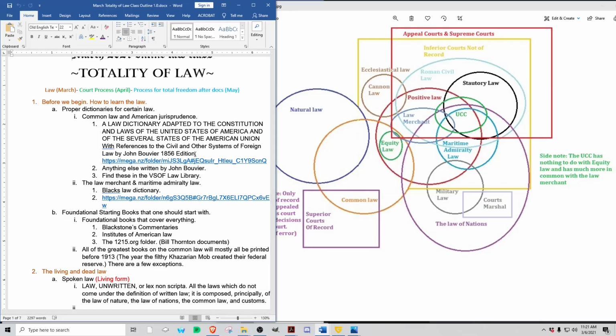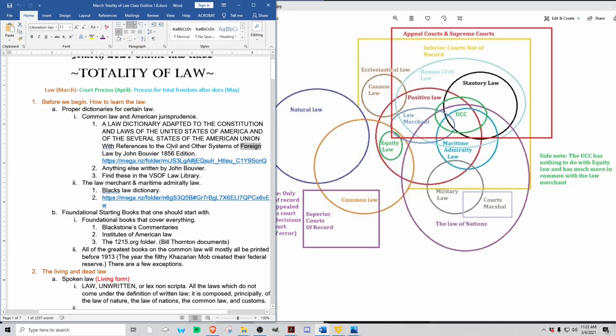And there are three separate acts of Congress that tell Congress and the entire United States federal corporation, which we'll get into later, even regarding all of the foundational documents of the republic, that by three acts of Congress, that's the dictionary you should be using to deal with constitutional matters. So the name of it is A Law Dictionary Adapted to the Constitution and Laws of the United States of America and of the several states of the American Union, with references to the civil and other systems of foreign